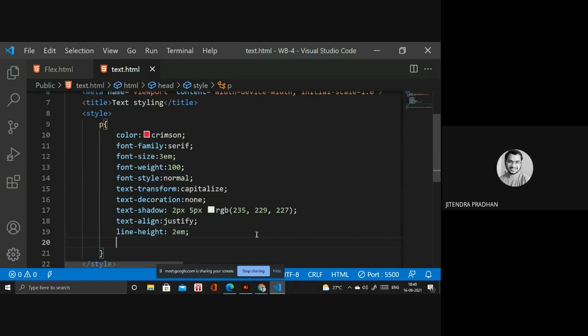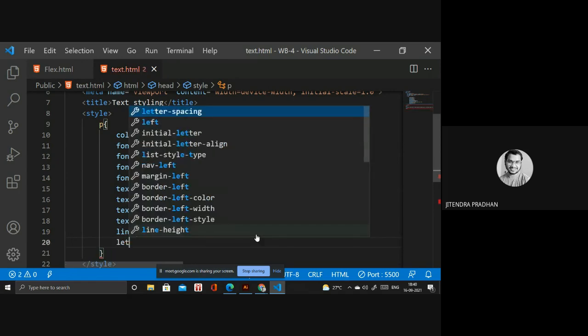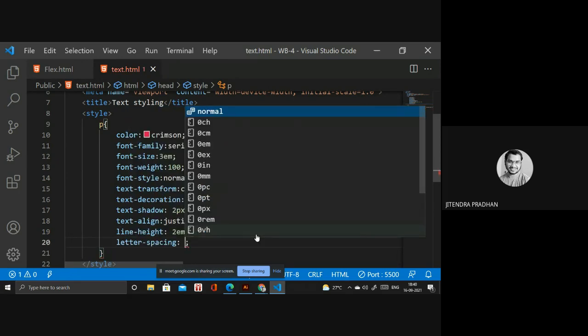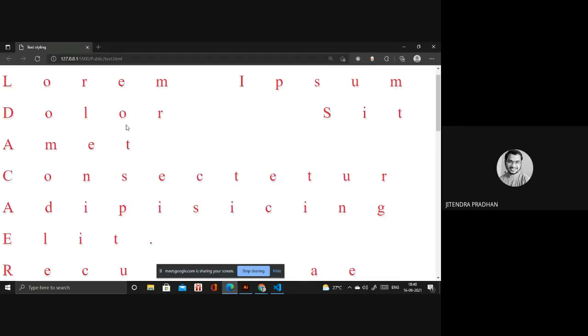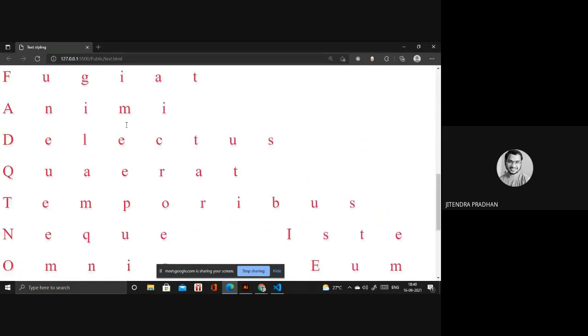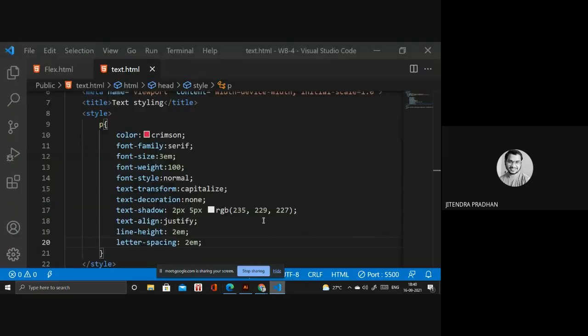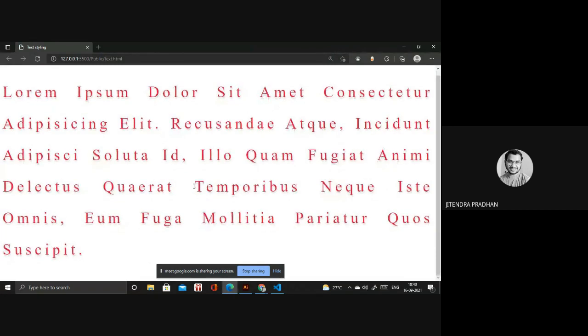Let's see, for letter spacing we have to give 2 em. This is the letter spacing. If I give 10 pixel, it's good, I think. 10 pixel. Okay, it looks good now.